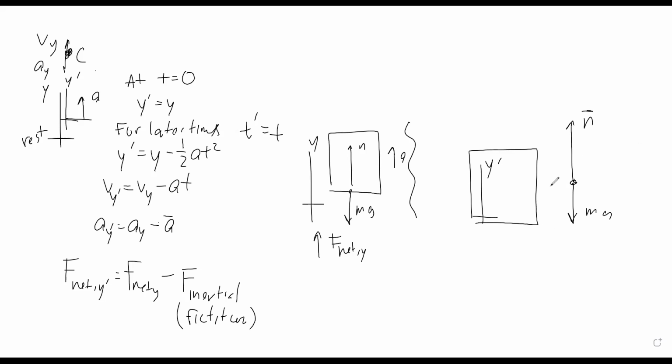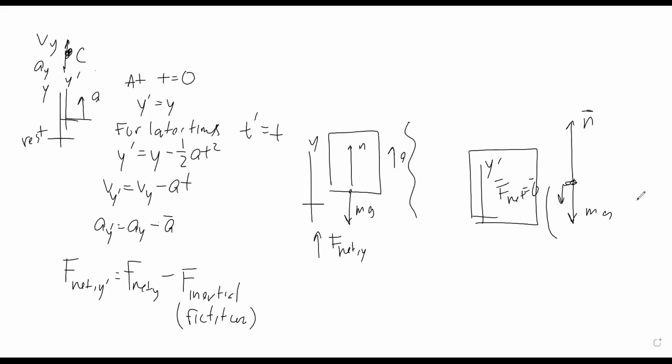But now, see, you're not accelerating with respect to this coordinate system. Here, your F net is actually 0. And so the only way to make the F net 0 here is to say that something is pushing you down. And that something that's pushing you down is the fictitious or inertial force. We call it